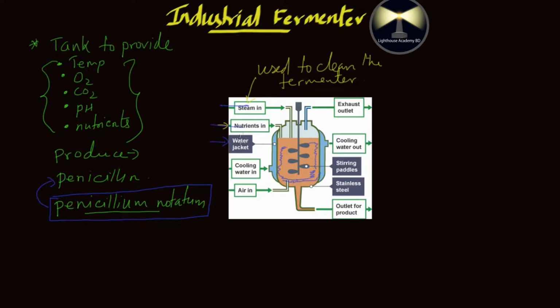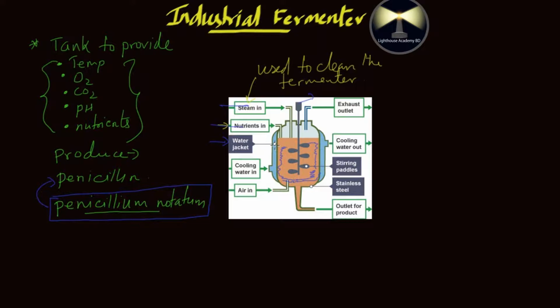What is this? Water jacket. So this is your cold water jacket. The bluish part on both sides of the tank. It's the water jacket. It basically contains what? Cold water. Now the water jacket is used to cool the fermenter, because the fermenter produces a lot of heat